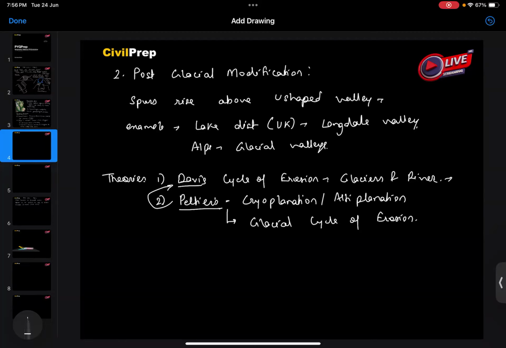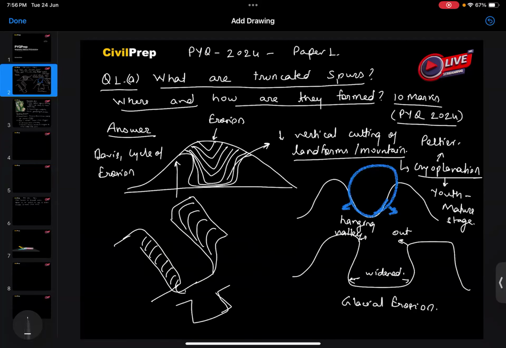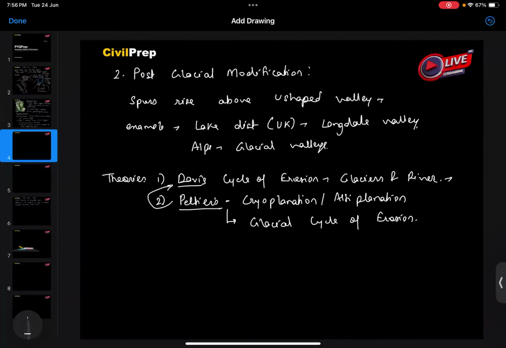Now, as we have explained what a truncated spur is and how they are formed, and given certain examples from various mountainous regions of the world, we can write our conclusion. Under conclusion, the truncated spurs indicate past glacial activity,